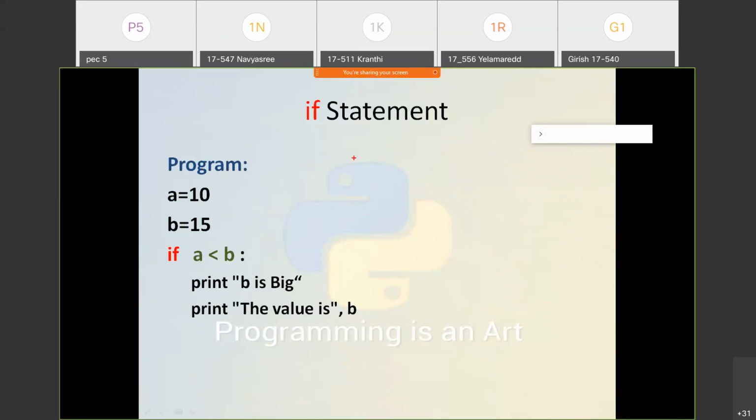Python won't allow those brackets. Blocks are identified by indentation. If you observe here, after the colon of the if condition, it will directly take some space. This is the indentation. Whatever statements we write here will come under the same block, this if block. I will show the same thing in the interpreter.